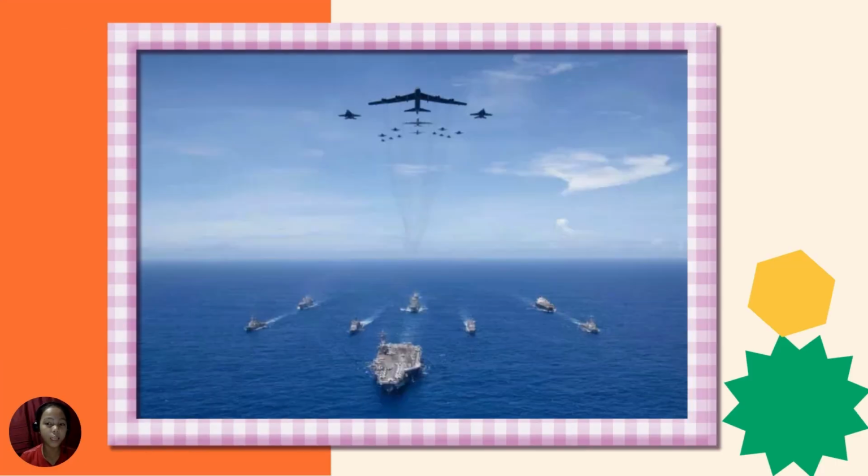Let's look at this image from our lesson. We have the aircraft, the sea, and the submarine. The aircraft is flying high at 1,400 meters above sea level. In math, we call this a positive number. The sea level is our starting point or the origin. It represents 0. The submarine is exploring 300 meters below sea level. This represents a negative number.